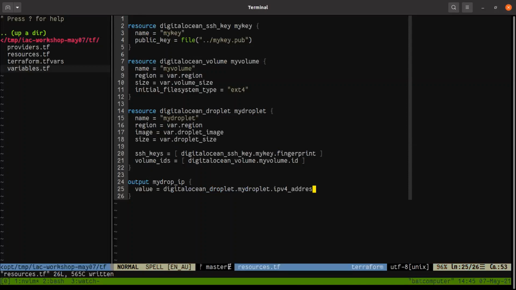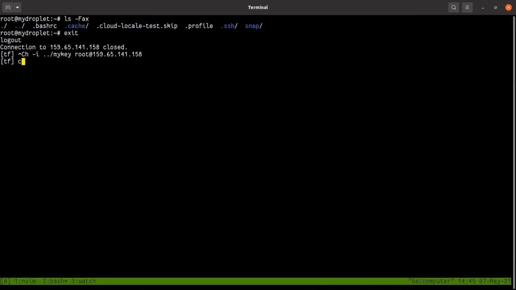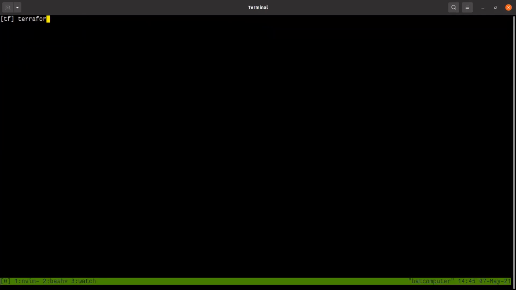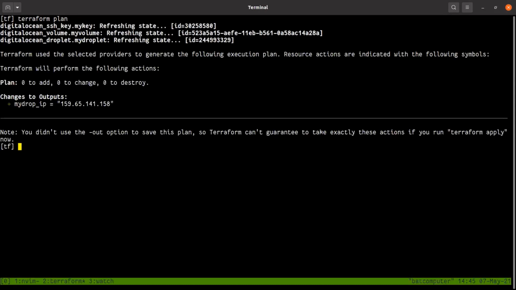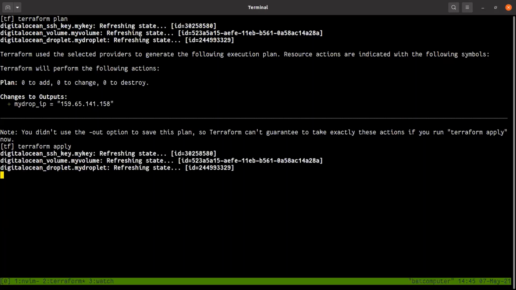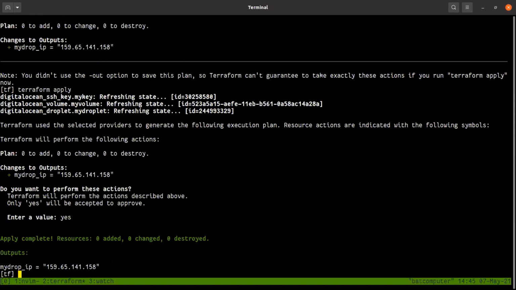Okay. So now I can do this. I go terraform plan. So you see it's going to create this resource, which is output. Notice that it will not re-provision my resource. You just run this, right? So now if I just run apply, okay, so I'll just say yes. So that's my IP address out here.